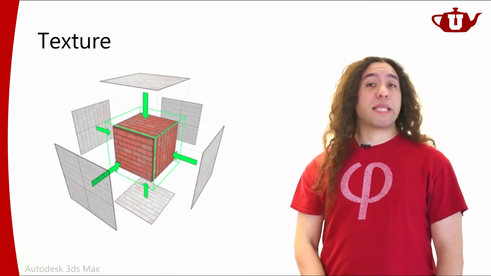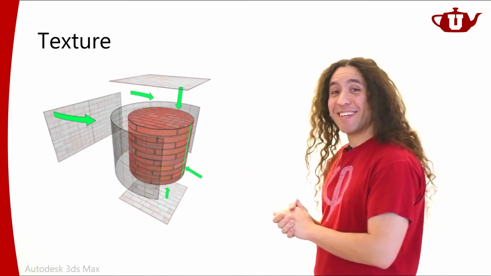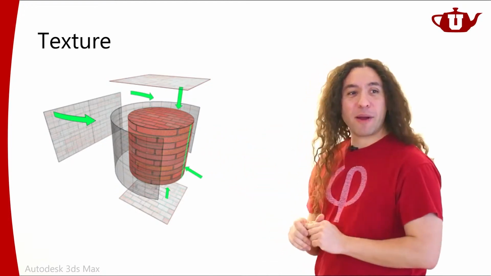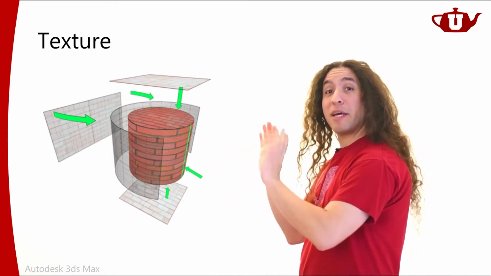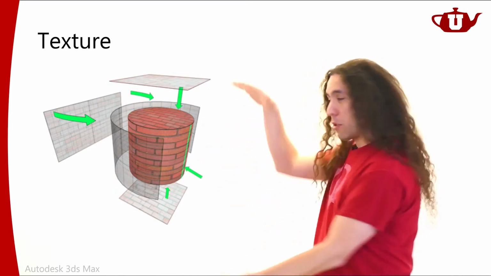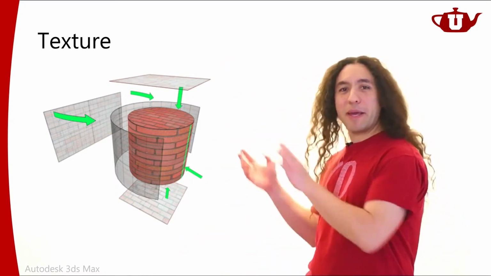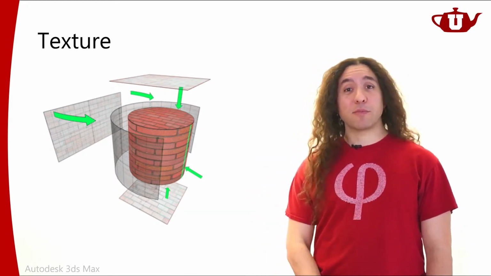Another more standard way of doing this would be what we call cylindrical mapping. So you basically form a cylinder around the model, and that's how you define what pixels of this texture image will correspond to what part of the 3D surface. You could also have these caps on either end. All right, so this is cylindrical mapping. I wrapped the cylinder. There are other ways, of course. Now this one may look familiar.